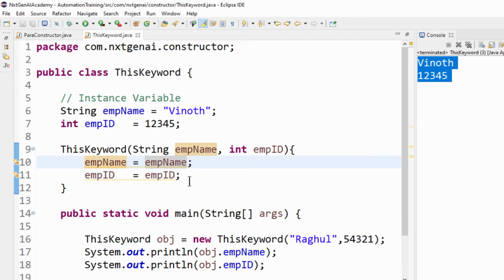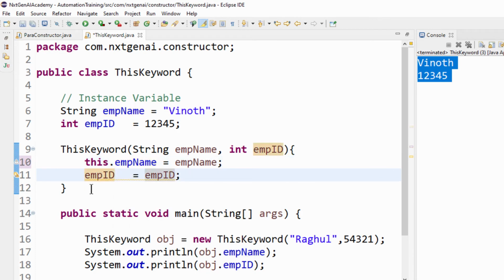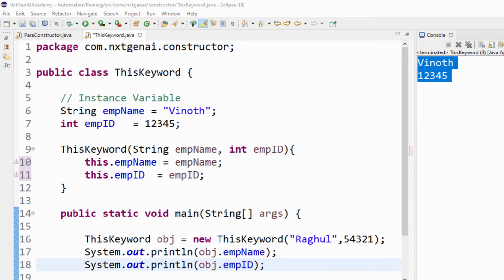The easiest way to solve this problem is to add this keyword: this dot employment name, and see the color is changing, this dot employment ID. Now if we execute, these two values will come here, and to this blue one, nothing but the instance variable, this value Rahul will be assigned. So instead of Vinod, we will get the output as Rahul. Instead of 12345, we will get the output as 54321.